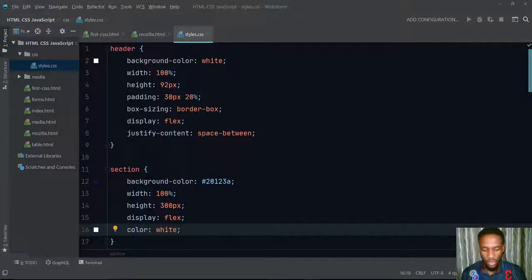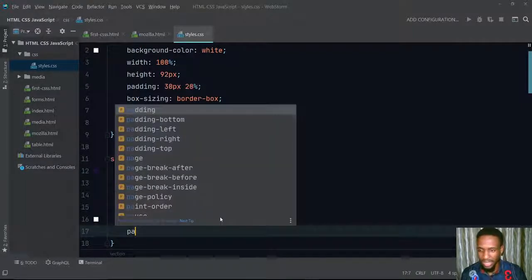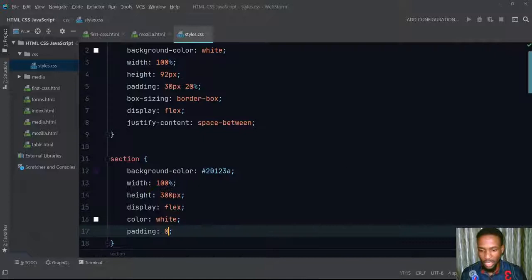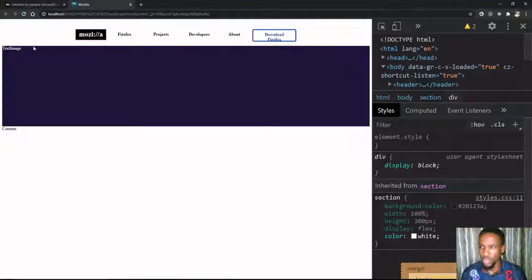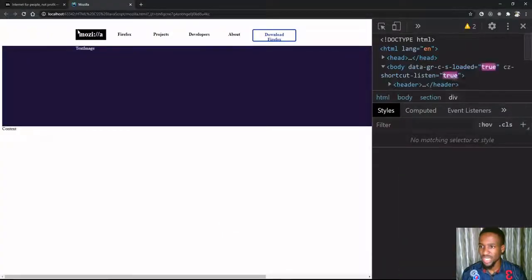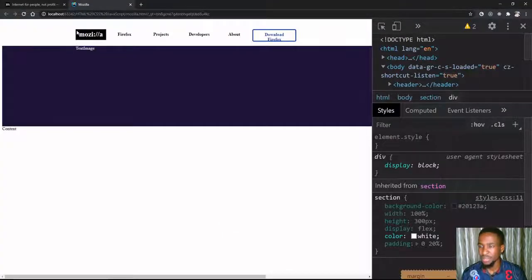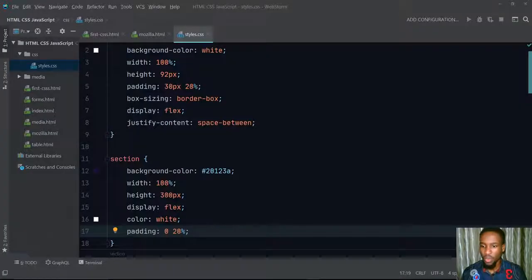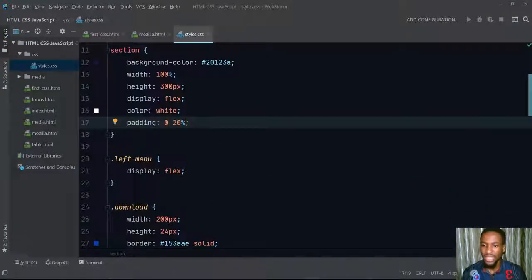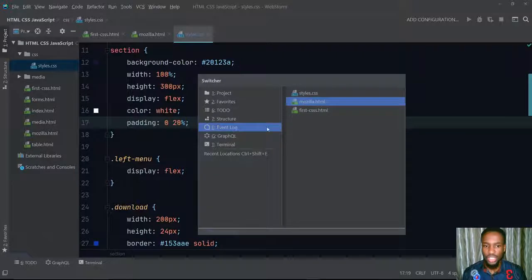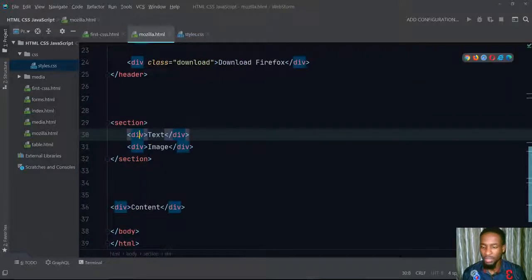So that's not all. I'm also going to give this a padding of 0 at the top and bottom, and 20% at the left and the right. If we refresh that, we could see it's now starting from the same place as the Mozilla logo. So we're making progress. The next thing we need to do is to go over to our HTML file,